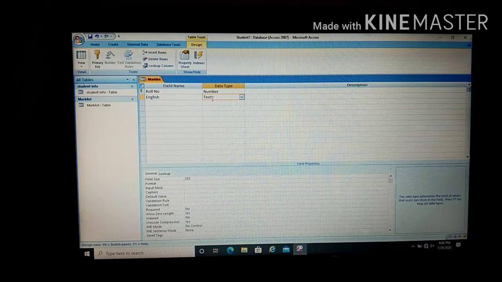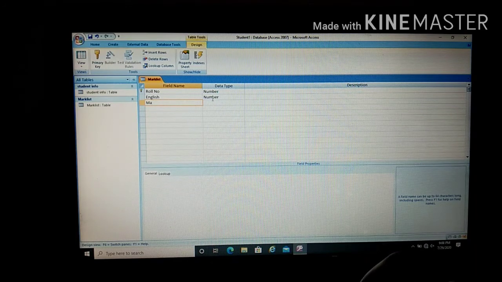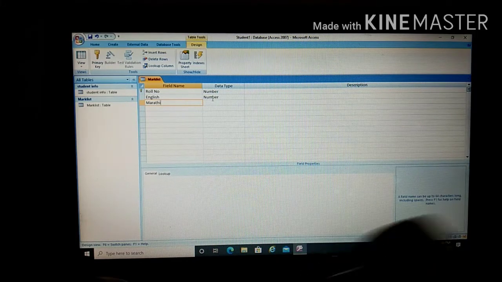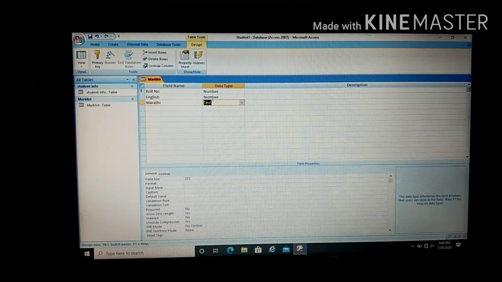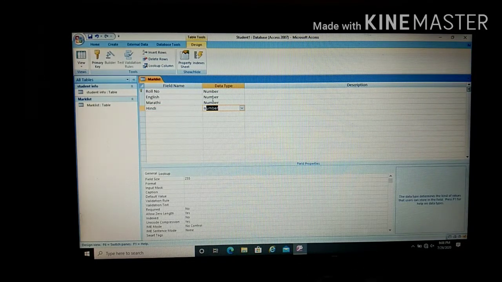I am creating a mark list, and for English I should accept numbers, so I have to add the number data type. Next, Marathi. Again I am taking numbers only, because I am going to enter marks. Then Hindi. Again number.